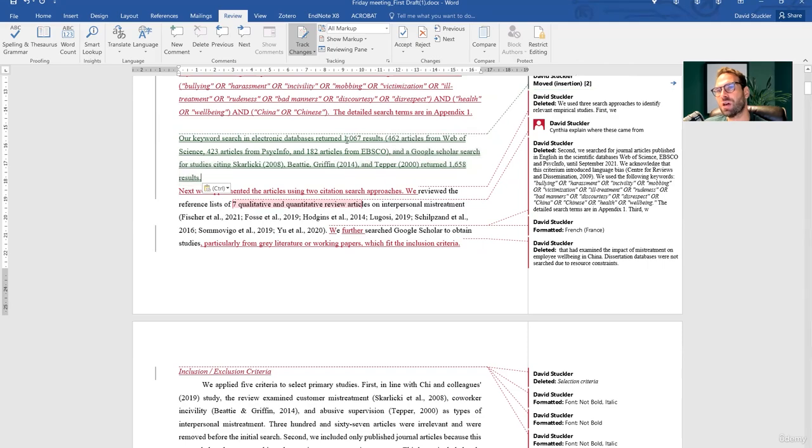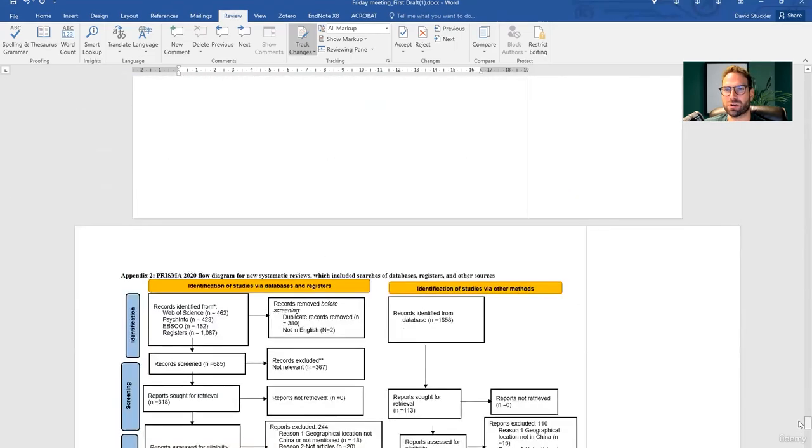So basically, this is really quirky to do. Did you do that because you felt you weren't getting enough articles here? Because when I did the search, there were two papers that I couldn't find on Web of Science, but I found on Google Scholar, linked to one of the abusive supervision papers by Tepper. Okay, but that's for finding the paper. Is your PRISMA in here? Here, okay, here's the PRISMA.